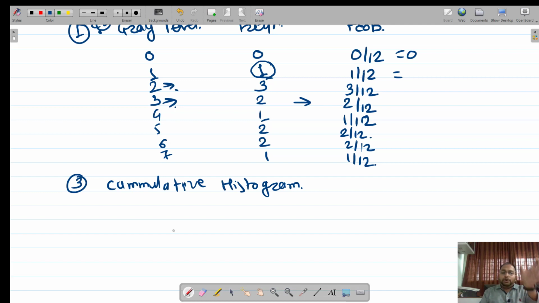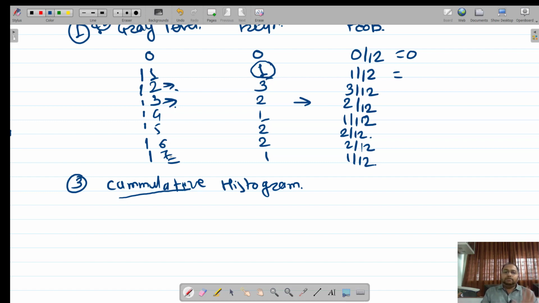So remember that here the cumulative histogram means we are going to consider all the pixels before a particular level, let us say 7. In that case we are going to consider the cumulative histogram of 1, 2, 3, 4, 5, 6, 7. Up to 7 we are going to consider all the pixels. That means 6 semesters' results we are going to consider, and we find the cumulative grade point of your 7th semester. Like that we calculate your CGPA, which is your cumulative grade point system.